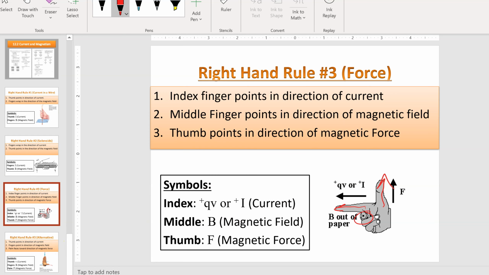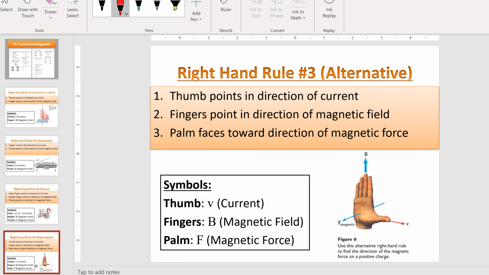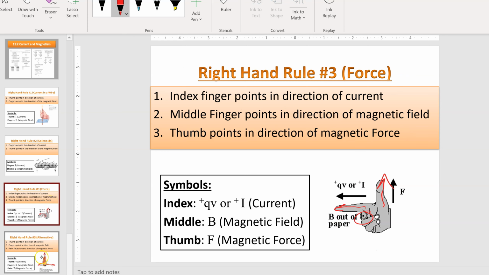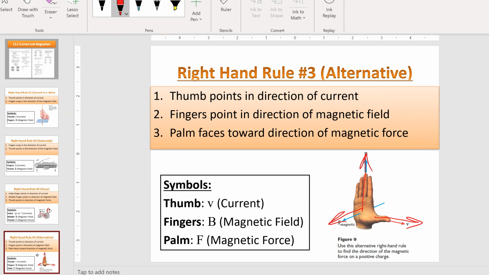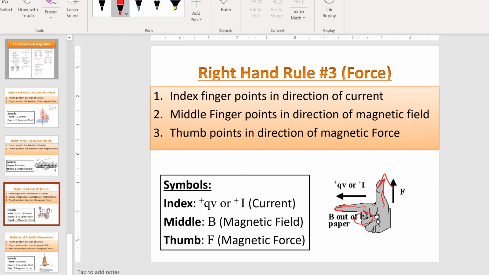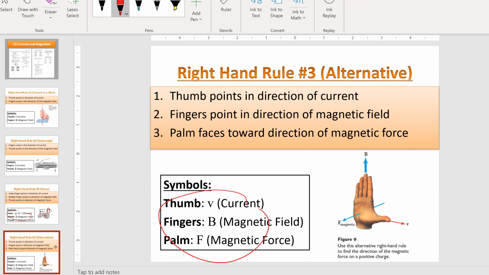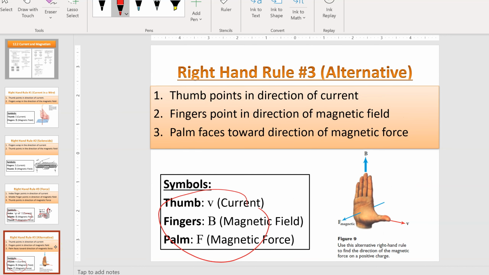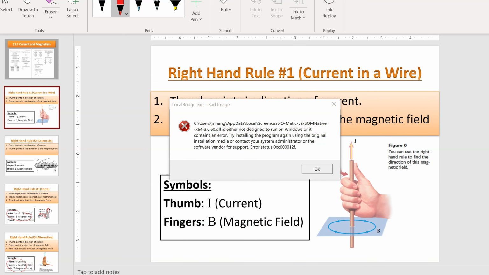And that's that. Now there's an alternative some people like, and you might see it in your textbook. It's still talking about 1, 2, 3 directions. All right, just like this was 3 directions, but now it's defining the things differently. So I'll let you take a look at that. I don't want to confuse you by talking about it, because it's basically the same thing, but you could see that they're defining this completely differently. It's just a different way to do it. You have 3 different directions, X, Y, and Z. All right, so now that we kind of know the rules, I'll do my best to explain the